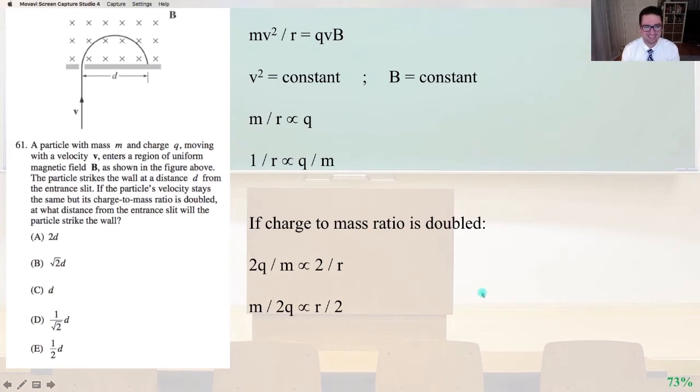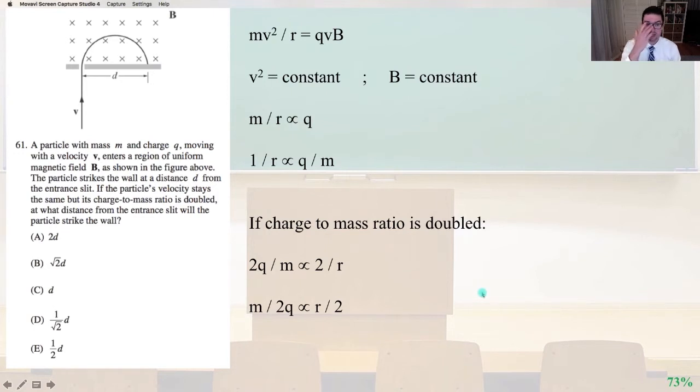If the particle's velocity stays the same but its charge to mass ratio is doubled, at what distance from the entrance slit will the particle strike the wall? So we're going to apply the fact that mv squared over r equals qvB, where in this problem v, the velocity, is a constant, and B also, as the problem states, is constant,